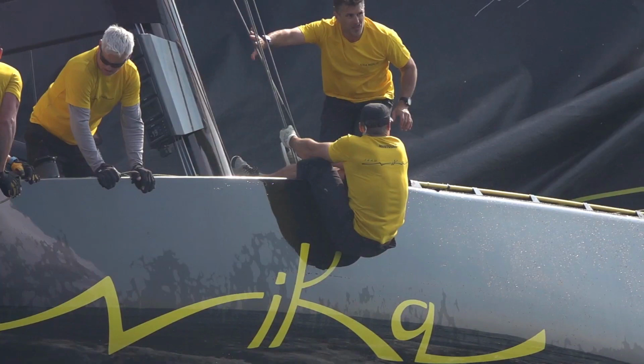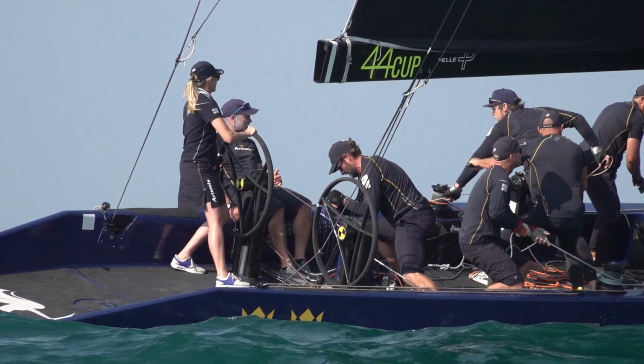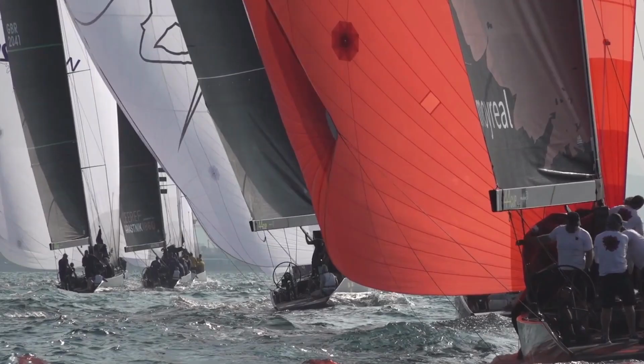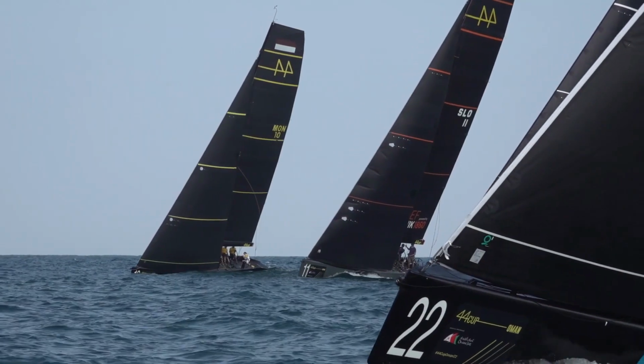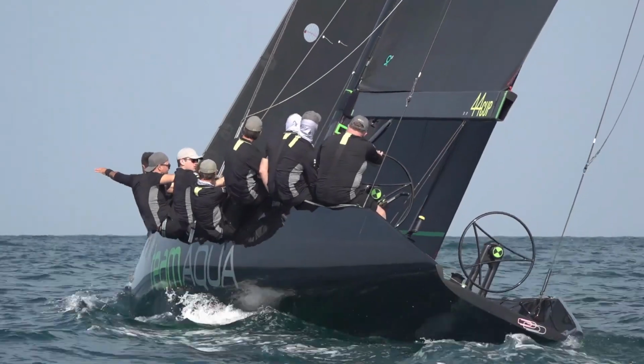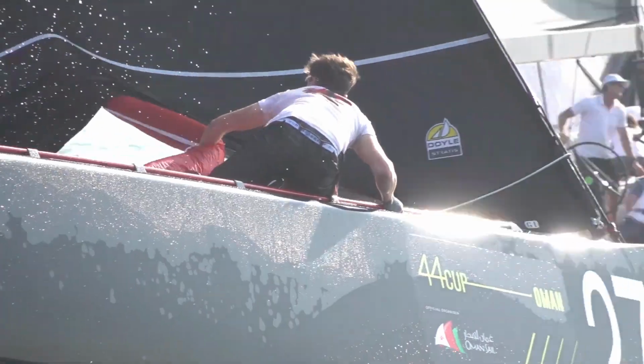Victory was for Team INEOS in Oman, but Charisma dominated the 44 Cup season. On the concluding day the results were close, with Team Aqua, Team INEOS, and Aleph Racing separated by just 1 point for the lead. But the results would not only have a bearing on the event scoreline, but on those overall for the season. The final day of the 44 Cup Oman was one of the most intense ever, with